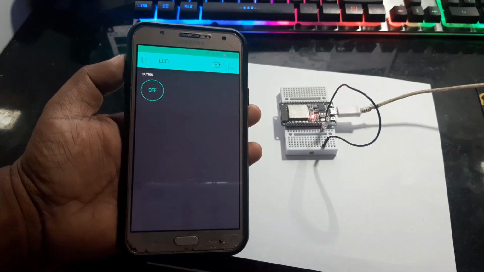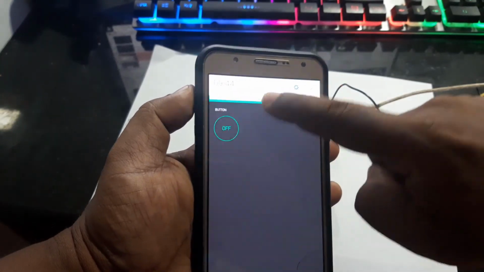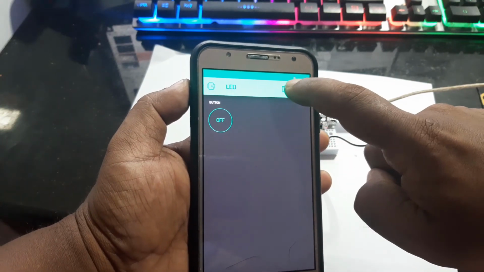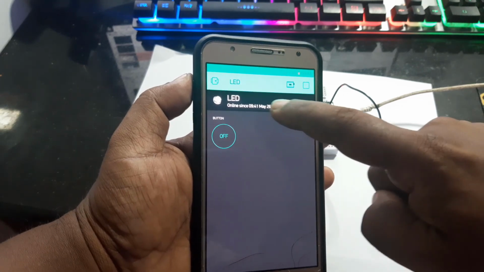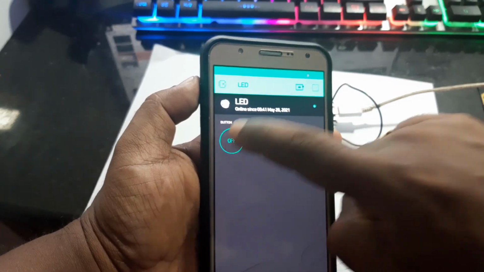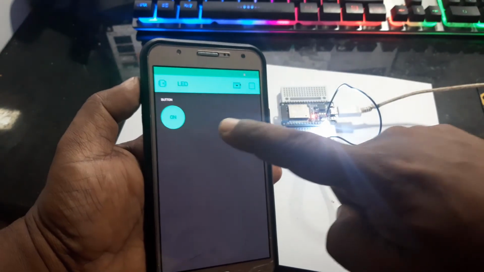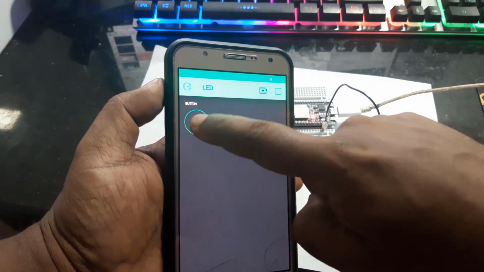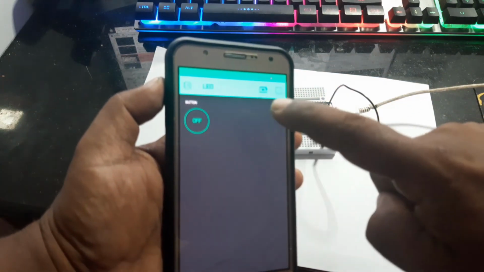Let's test our project. So I have opened Blynk and connected to the same Wi-Fi. Then you can click here and see if our program is online. Yes, it is online. Now you press the on button. See, the light is coming. Now I will turn it off. It is going. So our program is working well on our local area network, Wi-Fi network.